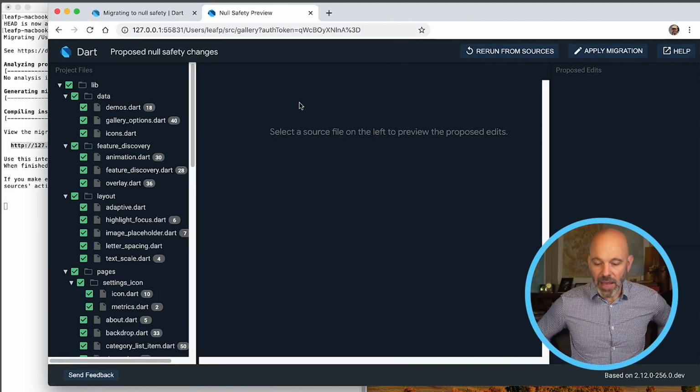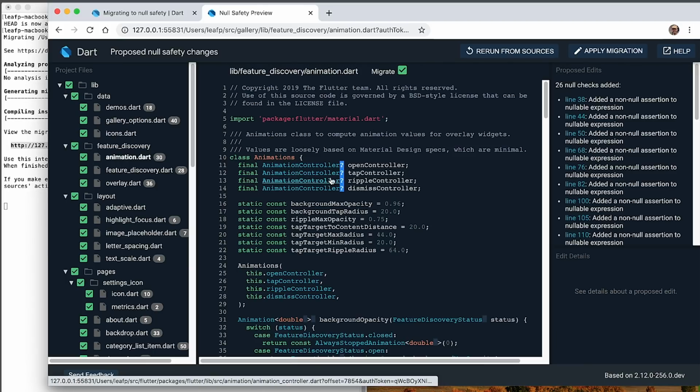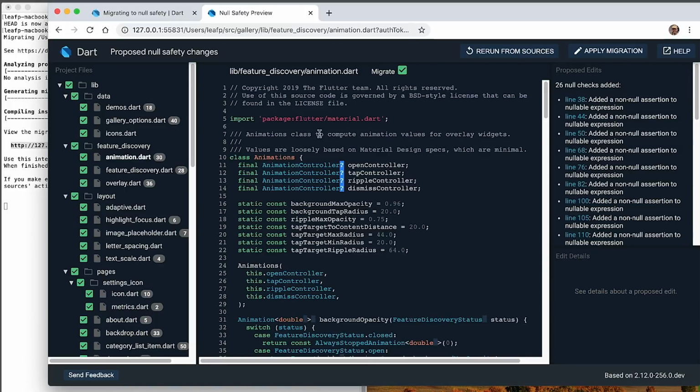And we're once again back in this preview tool, and we can start poking around in here. This time I want to focus a little more on using the tool and all of the powerful things that the tool provides for us. I talked about how in the center here we have our preview pane. This preview pane is again showing us the way the code is going to look after it's migrated. On the disk is the code that currently exists unmigrated, and in this preview pane is the code as it will exist once we migrate.